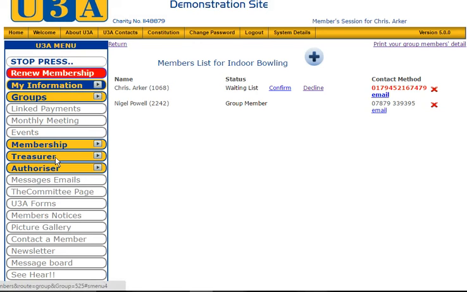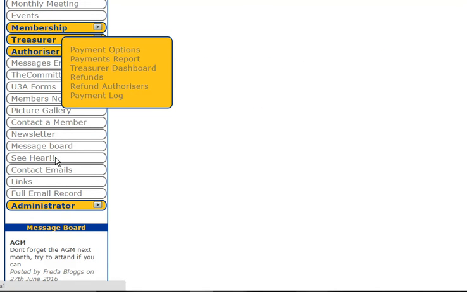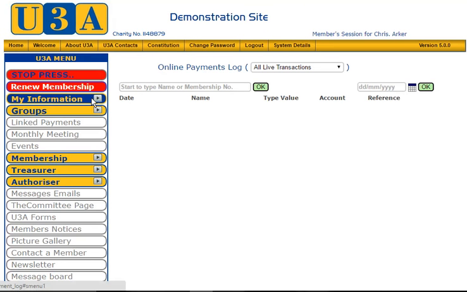The treasurer has access to a new feature of showing a payment log. This shows details of any online payment that has been made. It's shown in chronological sequence,